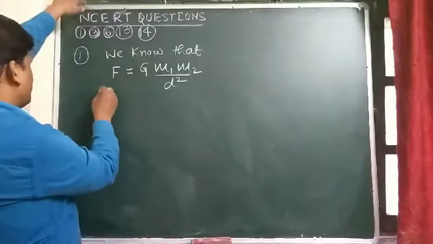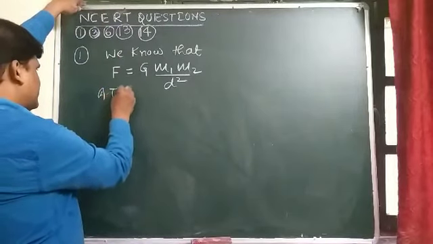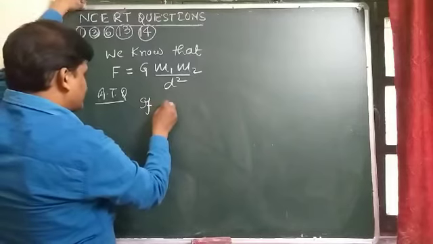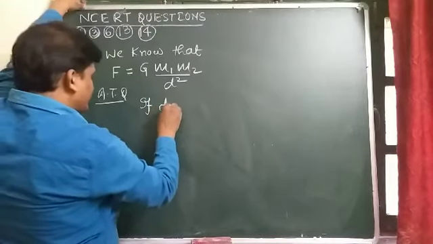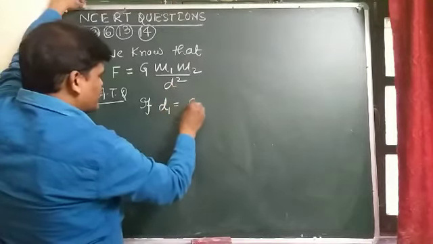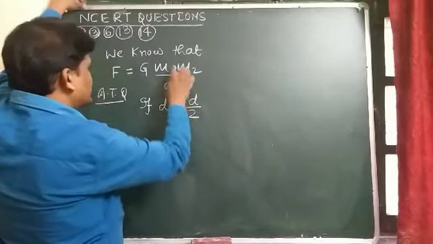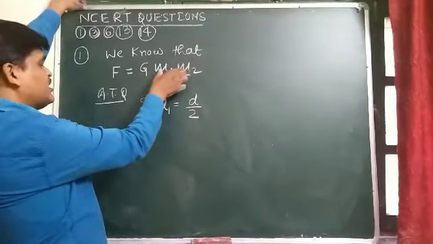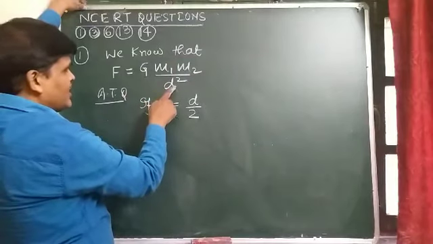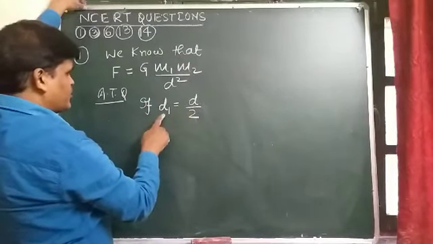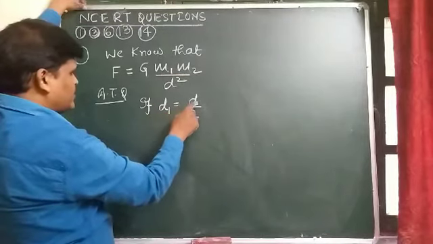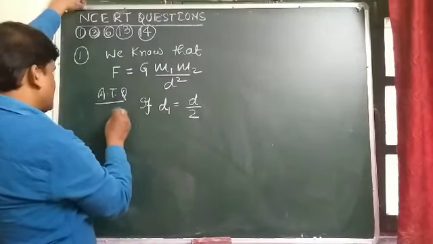According to the question, suppose the new distance d1 is reduced to half, then what is the gravitational force acting between them? Mass remains the same, capital G is a constant, only d changes. So the new distance between the two masses is d1 equal to d by 2. So the new force